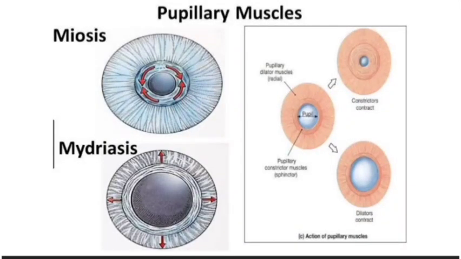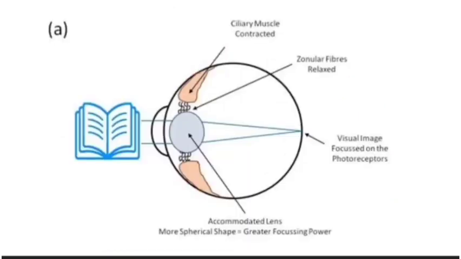We'll be discussing this by organs. So for the eyes, we have your pupillary muscles that allow for miosis or constriction and mydriasis for dilation. The muscle responsible for miosis is your constrictor pupillae, and for mydriasis, it's your dilator pupillae. You also have your ciliaris muscle, which allows for the flattening or the roundedness of the lens.